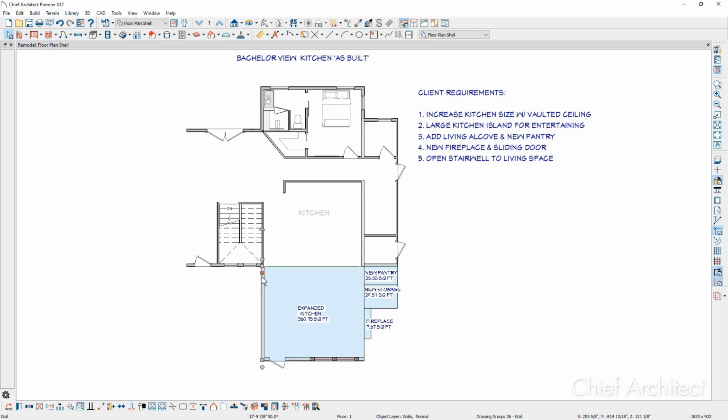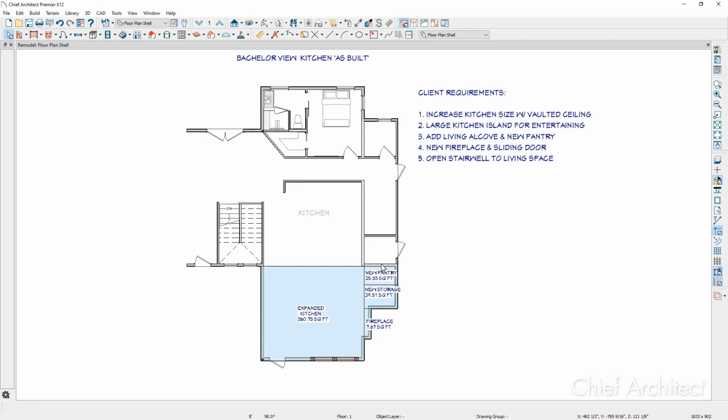I'll go ahead and pull it back this way, use my snap indicator so that it lines up on the inside of the wall right in this area. I'm going to do the exact same thing on this side of the wall, and I'm going to shape it around the area for the fireplace and also the expanded pantry. So I'm just using the diamond tool on the wall and pulling it back to create that space. Again, I might make sure that that's squared up on the outside.